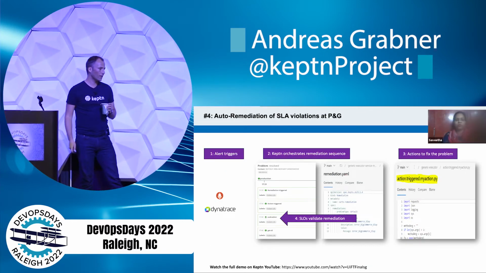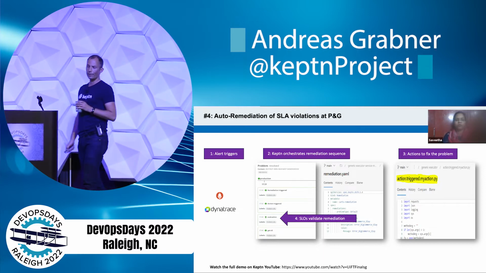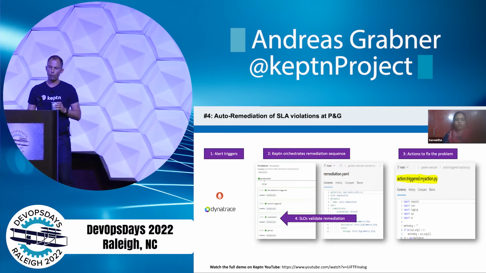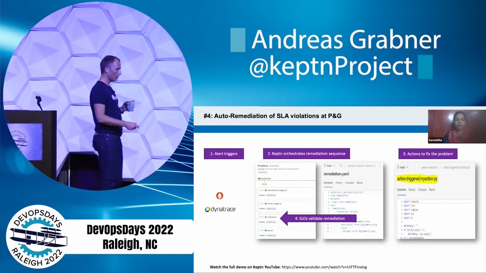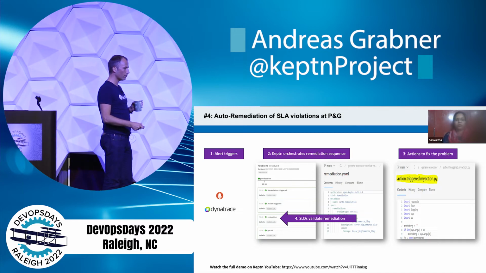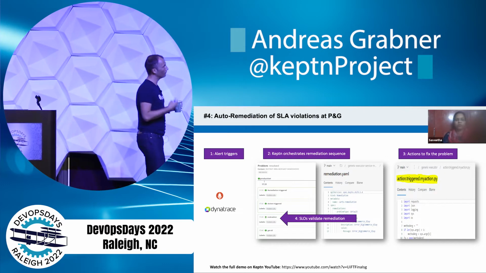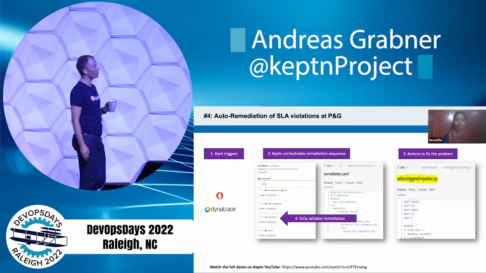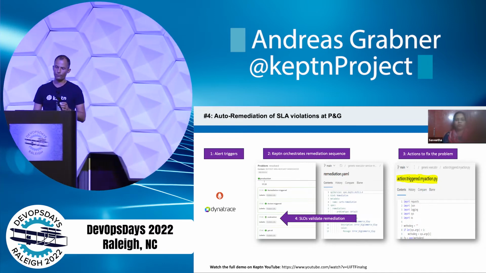The last use case here is Savitha from P&G. She was doing auto remediation, so she gets an alert from the monitoring tool. Then in Keptn, and I need to zoom in here again, remediation is triggered. Different actions can be executed. In her case, you can specify what type of action should be executed, depending on the problem that comes in. And we have different ways to execute actions. We could execute an Ansible Tower script; in her case, we were executing Python scripts.